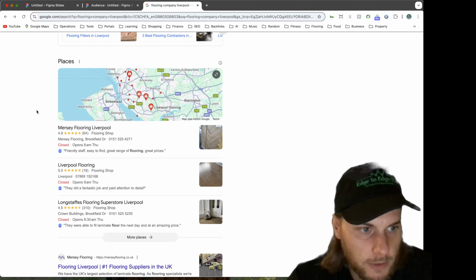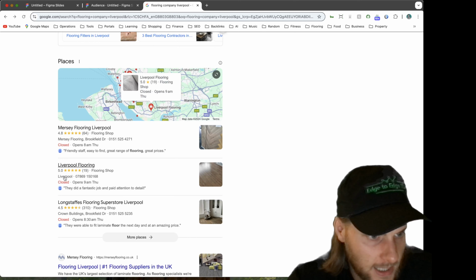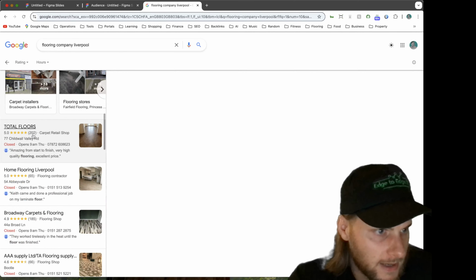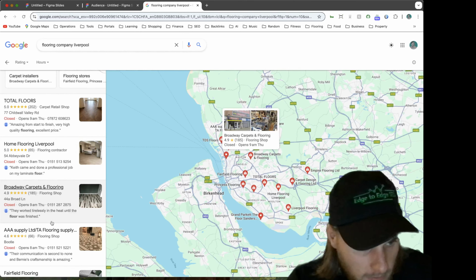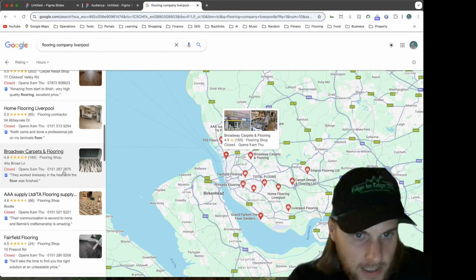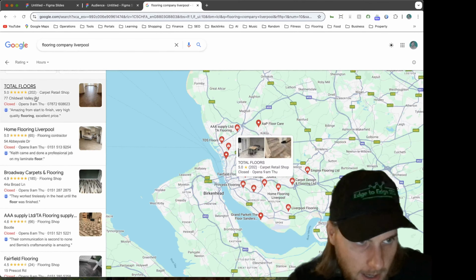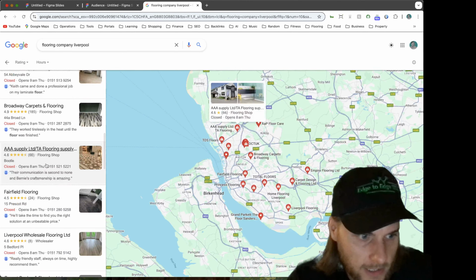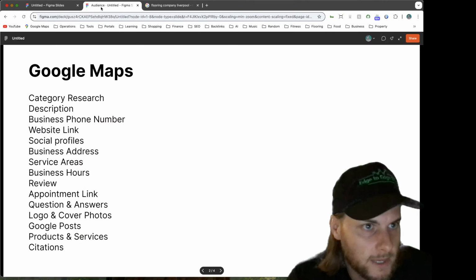The other categories that you want to be researching are secondary categories or subcategories. And what you want to be doing is, again, diving into maps a little bit more, and looking at what the other categories are that are coming up here, and making a list of all of those categories, and you can add those as subcategories. So we're trying to cover all different angles here. We're trying to make sure that we've got the right primary category, and then we're covering all of the right subcategories that are relevant to your business and your competitors and you. So that's category research.